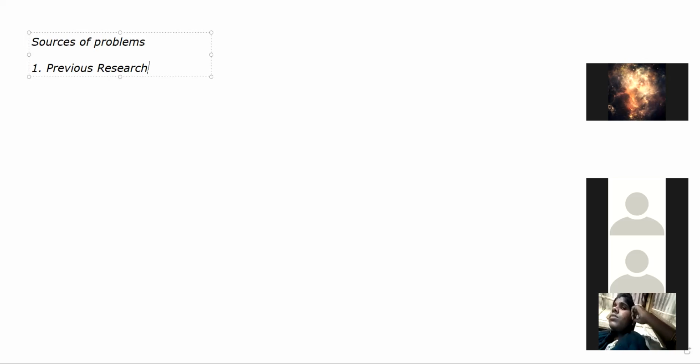All right, a research idea may stem from reading literature with gaps in it, or from research reports as well. From there you get an idea that, okay, this is an identifiable problem. If I perform research on it, maybe I'll be able to answer this problem. So previous research, okay. Then popular conceptions.